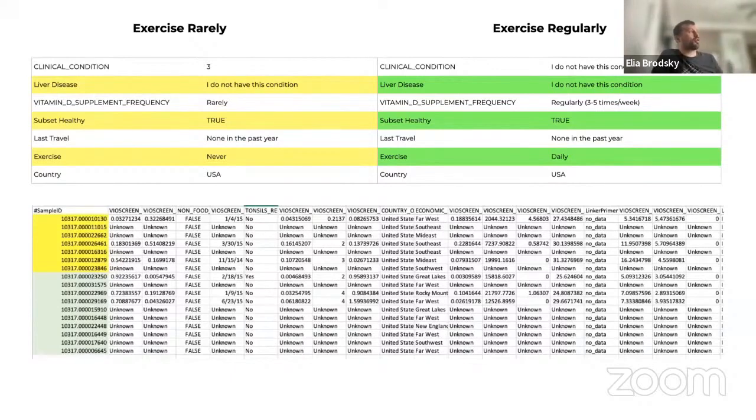is there a microbiome difference between people who exercise rarely or regularly? Now think again, I have 30,000 people available in the Human Microbiome Project. As a result of that question, we were able to find only about 20 people from 30,000 individuals that have the same sex, the same age, the same habits, more or less, but only vary by their tendency to exercise rarely or regularly, right? So that is really the challenge.